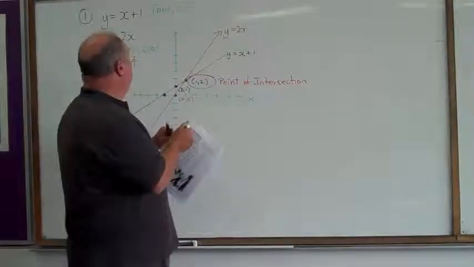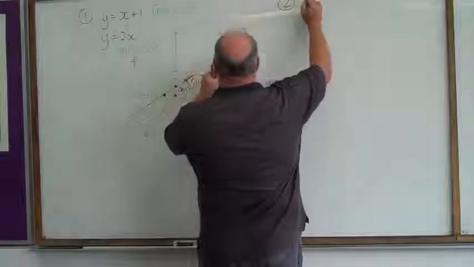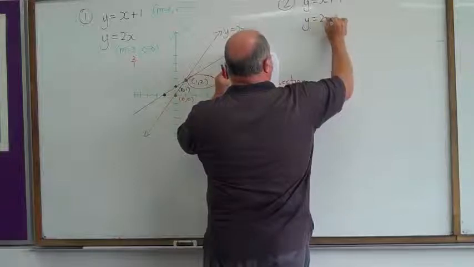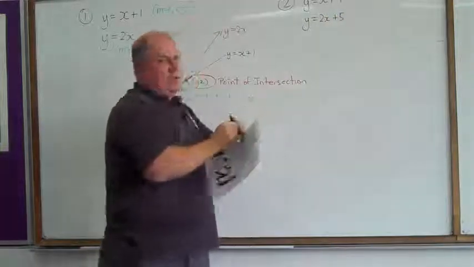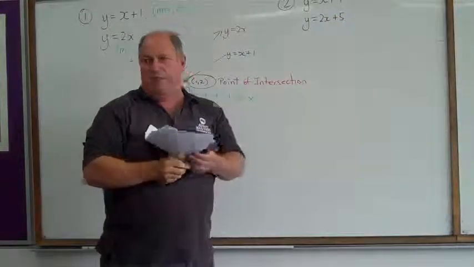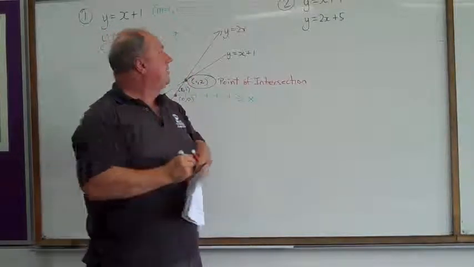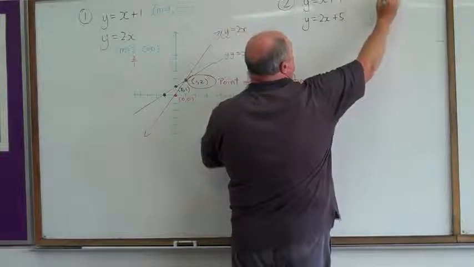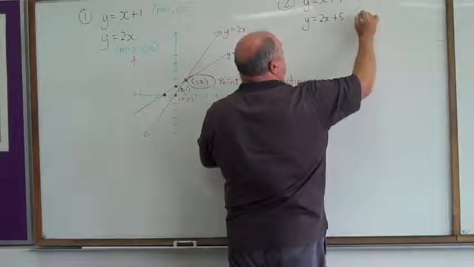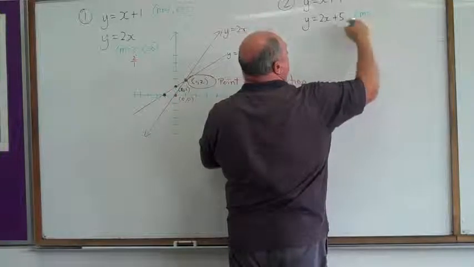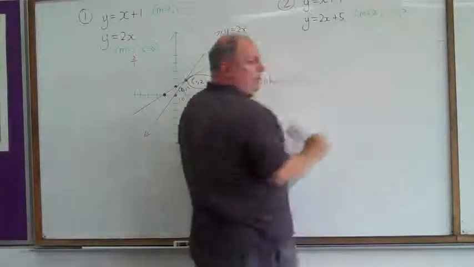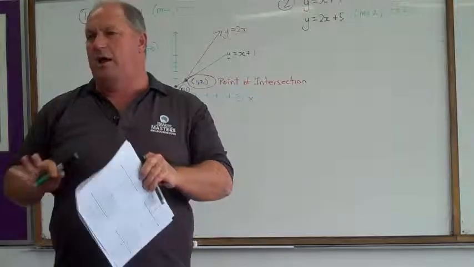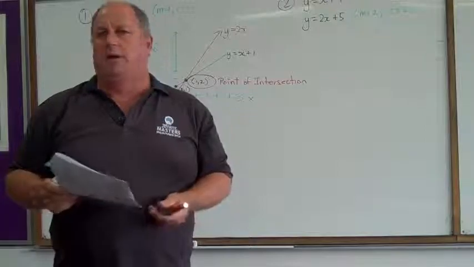So for the second one, we've got these two rules. y equals x plus 4 and y equals 2x plus 5. So the first thing we should do is work out what the gradient and the y-intercept is for each of them. So what's the gradient and y-intercept for the first one? Gradient is 1, y-intercept 4. For the second one, the gradient is 2 and the y-intercept is? 5. That's your starting point. And then you sketch the two graphs from that point. I'll let you get going with that. If you need any help, a bit more help, I'll